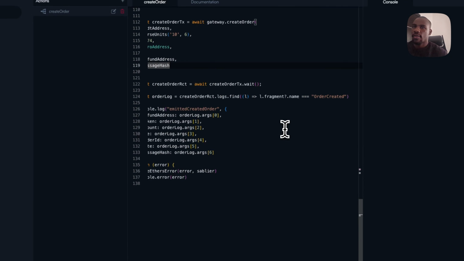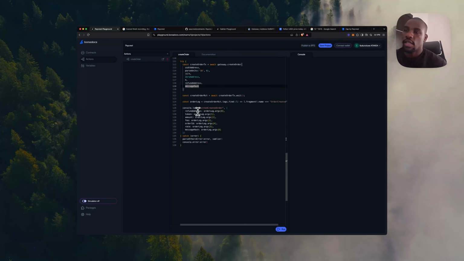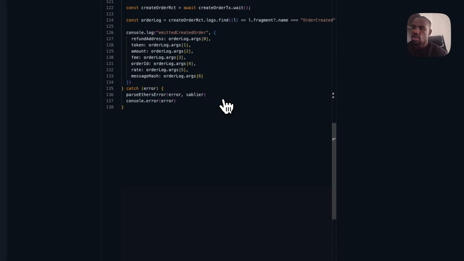What you get back from the order created is the refund address. Basically this is the event emitted, right? It has the token, amount, fee, all of those things that you require. So if you run this,